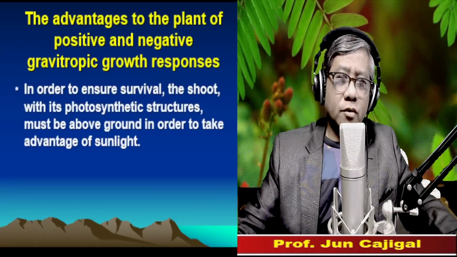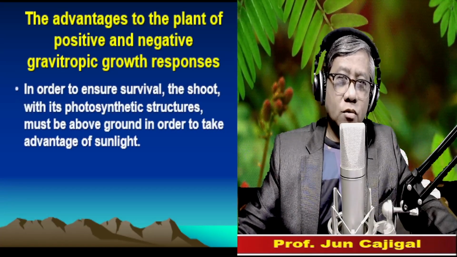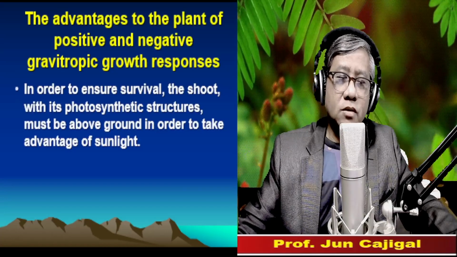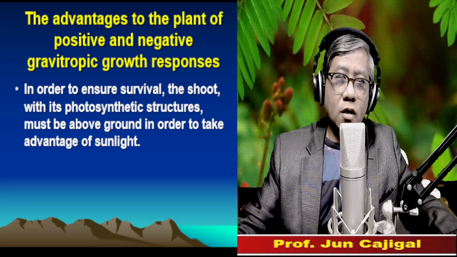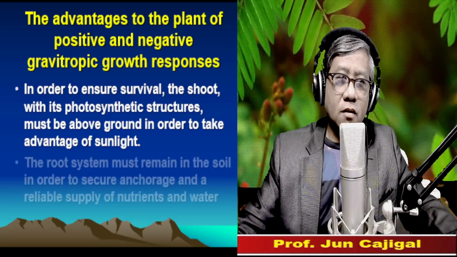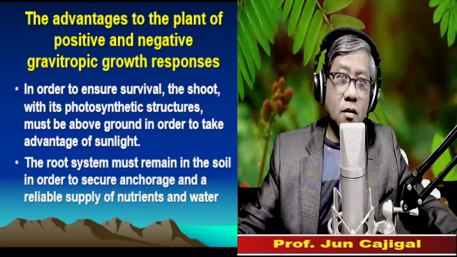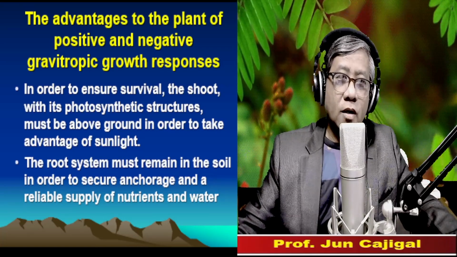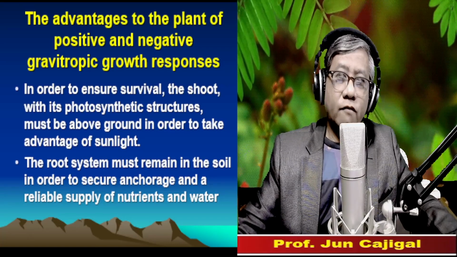In order to ensure survival, the shoot with its photosynthetic structures like the leaves must be above ground in order to take advantage of the source of sunlight. And also the root system must remain in the soil in order to secure anchorage and a reliable supply of